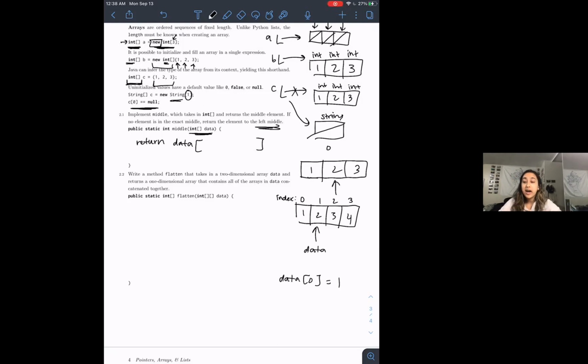So we want to actually access the middle element in the array. The way we can do that is by finding the complete length of the data array, subtracting 1 and dividing it by 2. The reason why we are dividing by 2 is to find the middle. So let's say this is data, in the first example, let's call this data 1. So data 1 dot length is equal to 3, right? Because there are 3 boxes in our array. And so if we were to divide this by 2,